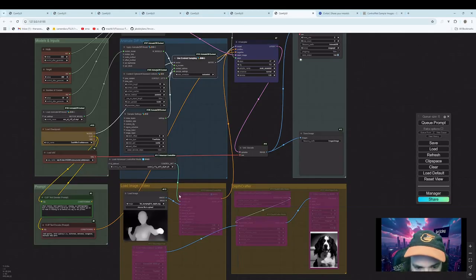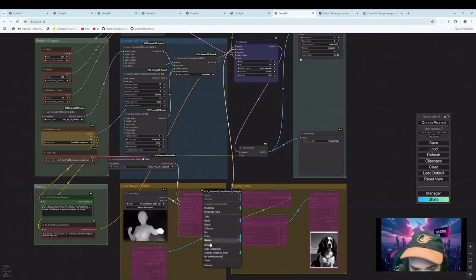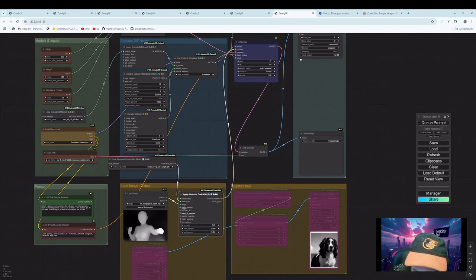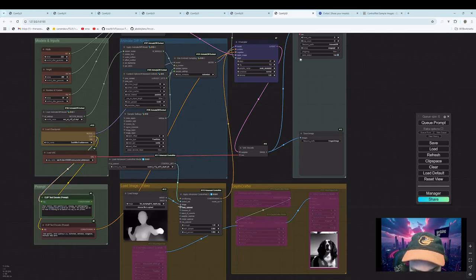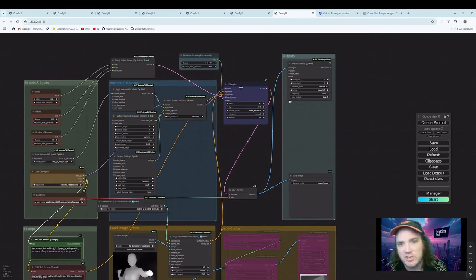So image is going to go into here. Now we need to right click on this and click bypass to undo it, because now we need this. This is our ControlNet. When we were just doing our prompt stuff over here, we didn't need it. But this one we're going to need it. So we go from image to image. This is already set up, and then the conditioning is going to shoot it out to our sampler where